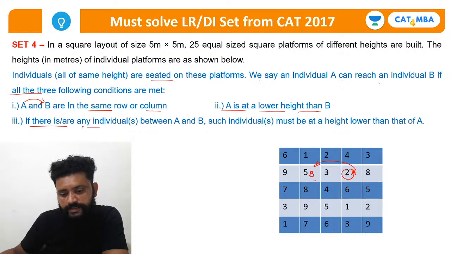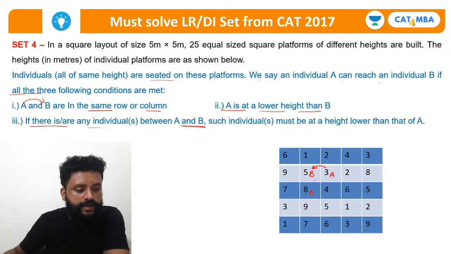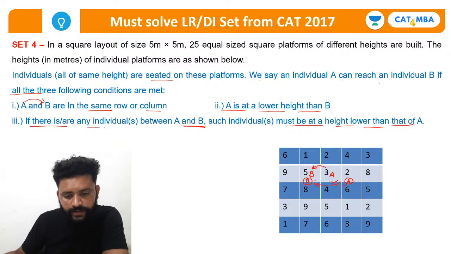if there is or there are any individuals between A and B। प्रॉब्लम ये है, ये भी नहीं चलता। अगर A यहाँ पे होता तो जा सकता है, बट अगर B यहाँ पे है और A यहाँ पे है, प्रॉब्लम कि यहाँ से एक बीच में आ रहा है, that height must be lower, बट A से कम वाला तो है नहीं, तो ये नहीं जा सकते। That's why